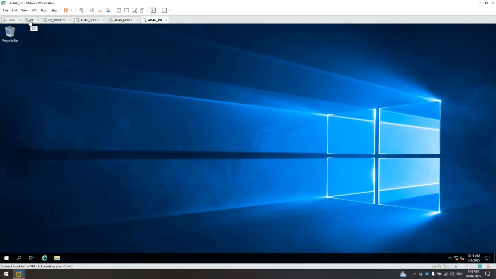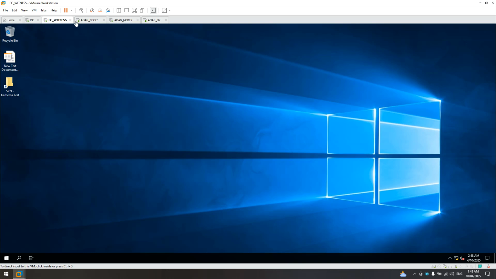In the VMware Workstation, it's currently showing 5 workstations. One, this DC, is used as a domain controller. This one, FC_Witness, will be used as a witness server after we install the AOAG.